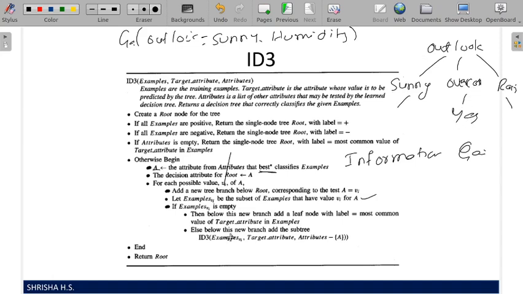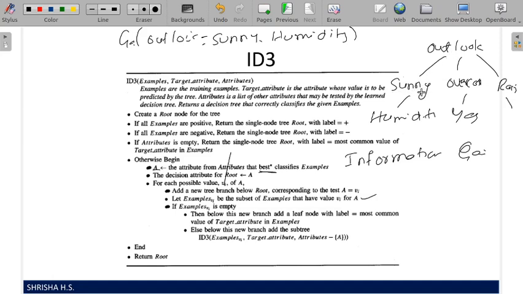If that is not the case, then below add a new subtree and call ID3 again. All that calculating information gain and selecting the best attribute starts again. The subtree will have a sub table where outlook equals sunny, some 5 instances I think.